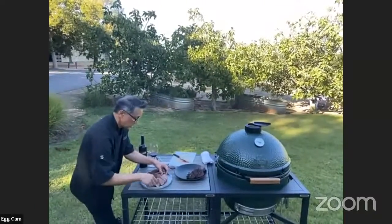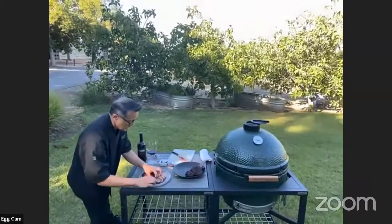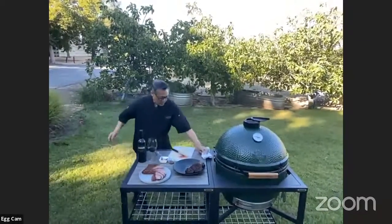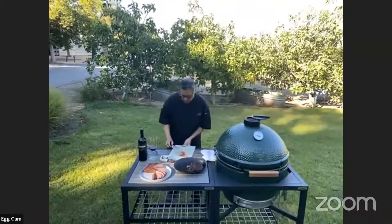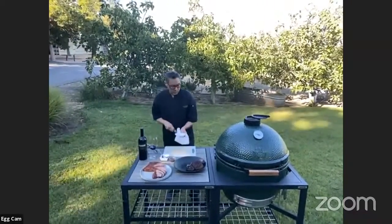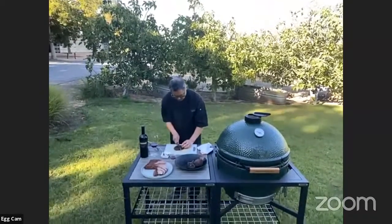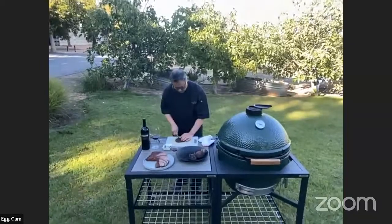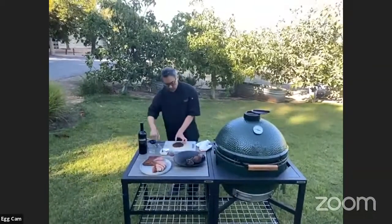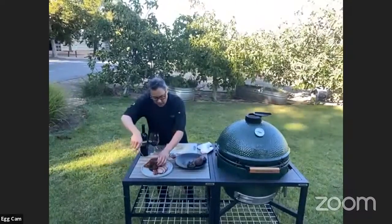A nice pink, and there's definitely a nice juiciness in there, and that comes a lot from the fact that the Big Green Egg has a lid you can close, and when you do that, it basically keeps a lot of the juice and the moisture in. So I'm going to go ahead and garnish with the mushroom as well. A few slices of the mushroom. Any of your wonderful summer vegetables, your favorites. This is just a nice hearty way to add